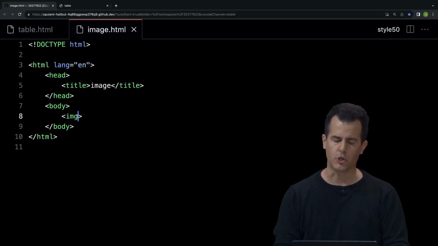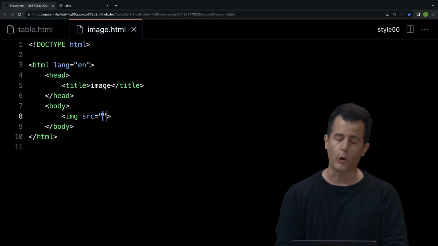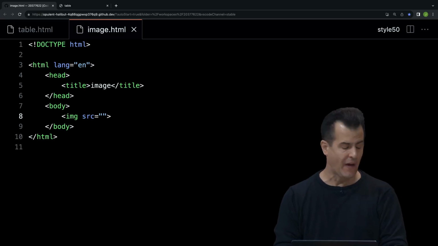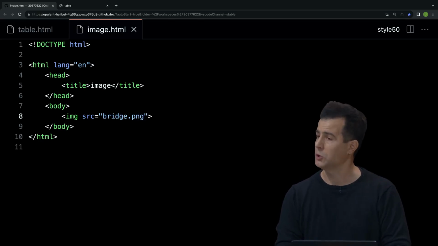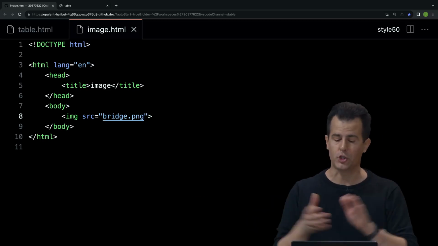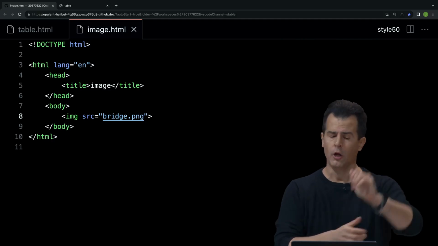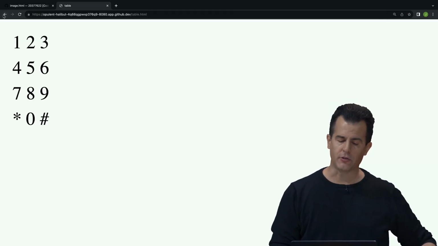So here, for the image tag, I'm similarly going to need an attribute. And that attribute is called source, src for short. And what you put inside of its quotes for its value, double quotes or single quotes, is the name of the image that you want to include. And I included in advance in my code space a file called bridge.png from week 4 when we played around with images. And if I go now to my other tab, go back to my directory index